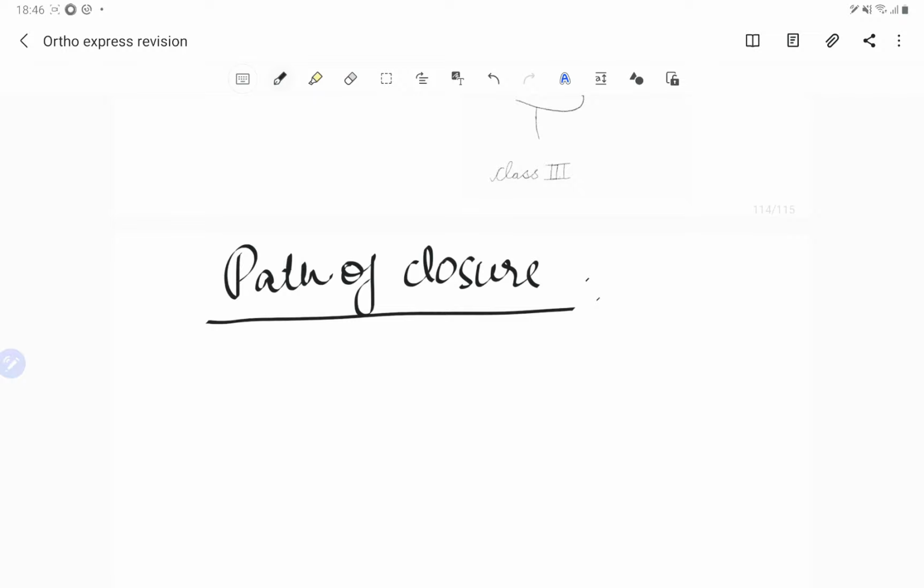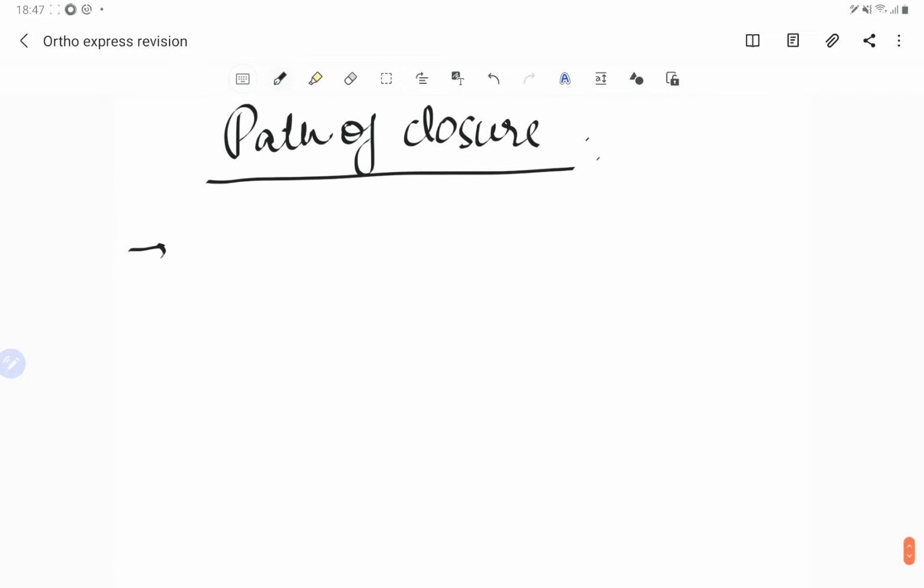So usually the occlusion position is wherein there is a maximum intercuspation. When the cusp to fossa relationship is there, that is the point where the person is at occlusion, right. So from the rest, when the patient is going to a habitual occlusion, we evaluate this path, which we call the path of closure for that person. So there can be abnormalities which can be seen in the path of closure. So there can be a forward path of closure.